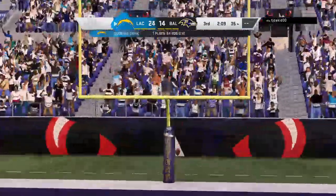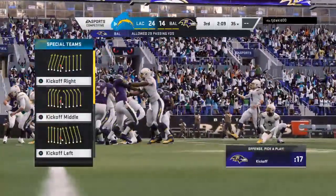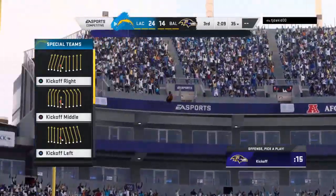So what was already a game to remember becomes even more so as that touchdown run, a lengthy one, takes him over 200 yards now for the game. And I love the fact